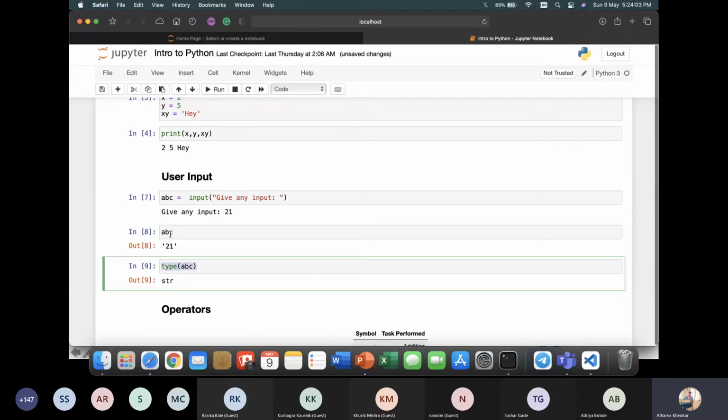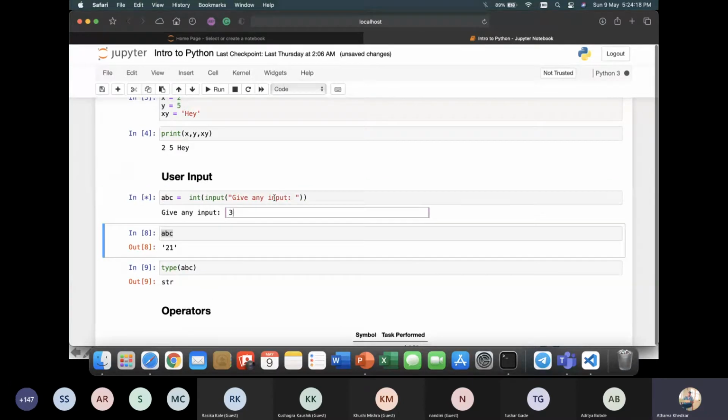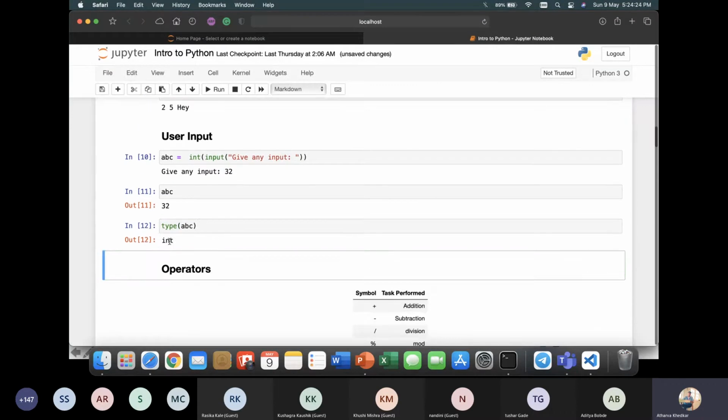So type of this variable, it's a string, although I gave it 21. To get only an int, let's say, you can just enclose this input statement with int, and then you can give integers. So here it is 32 and the data type is integer.